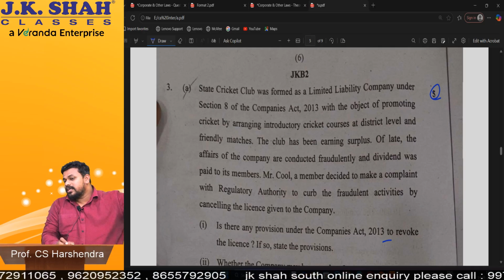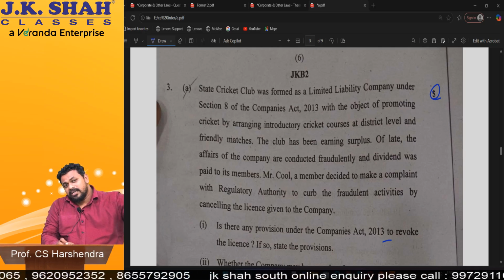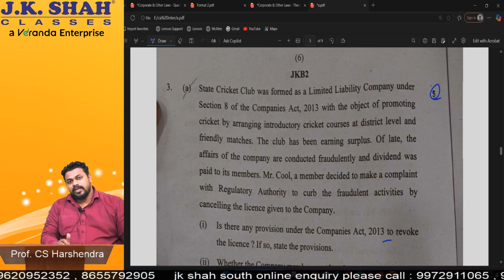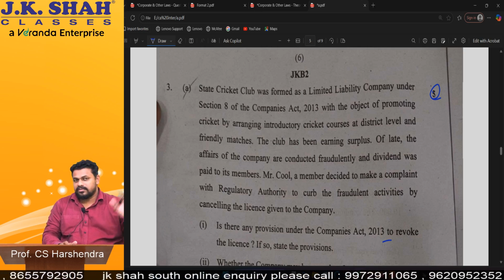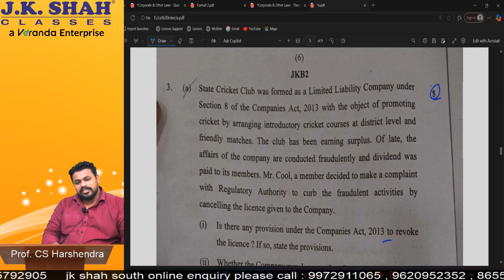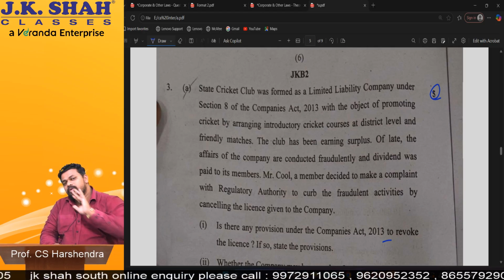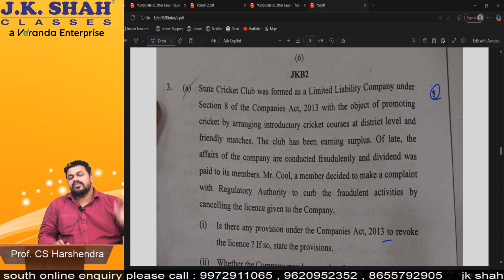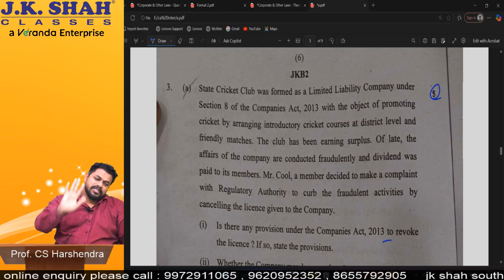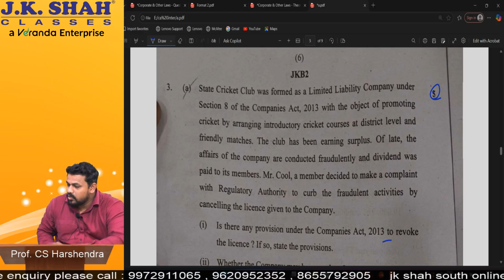Any other Section 8 company, it can be a private Section 8 company or a public Section 8 company. Am I clear? If the regional director has a Section 8 company into which it can be merged, or else directly cancel the license and declare it as a profit making company. Clear? Any of the three options are there with the RD. Okay, it depends upon circumstances. Clear, Noor?